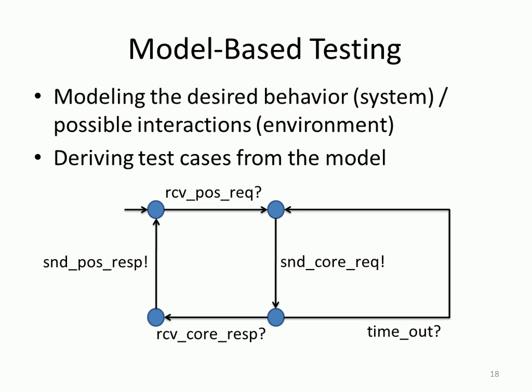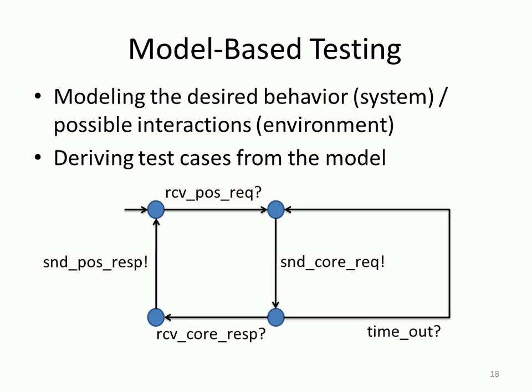Right, so as I said, we can capture the behavior of the system and the environment in terms of models, and the type of models that we will be looking at are automata-like models, finite state machine-like models, in which you specify, for example, that the system may receive from a point of sale a purchase request, and the question mark here denotes receiving the message. And as a result, you may have a choice. This is a very pathological model, so I do not claim this is an actual behavior, but as a result, you can send to core the same request, so forward the request to core, or you may time out,